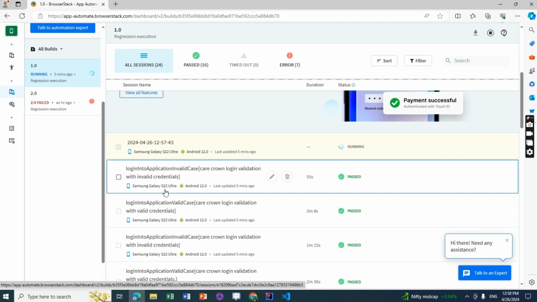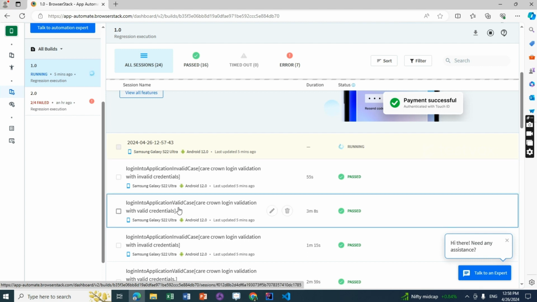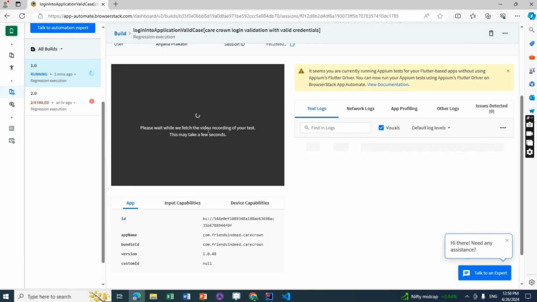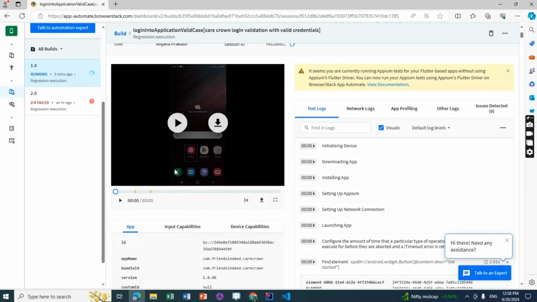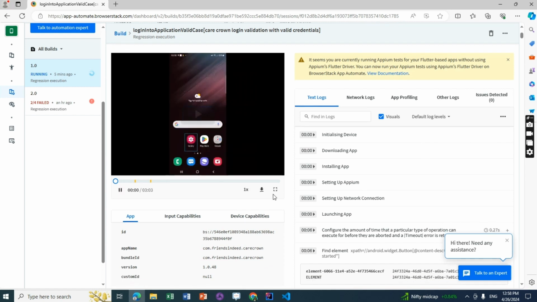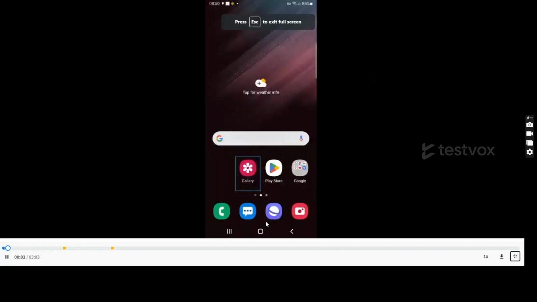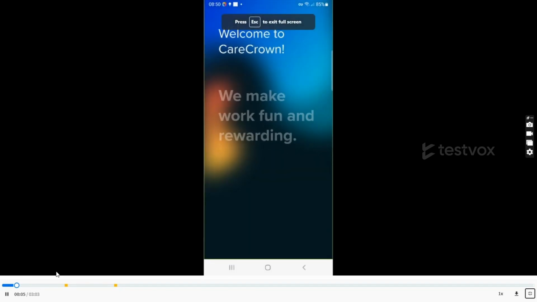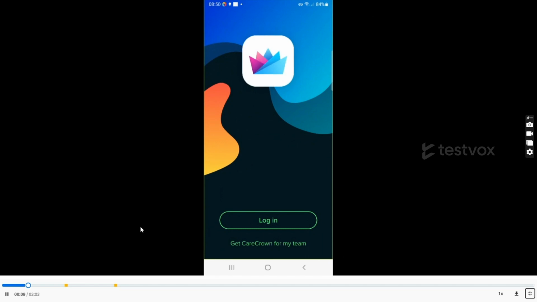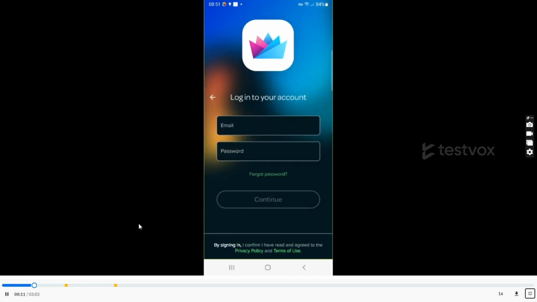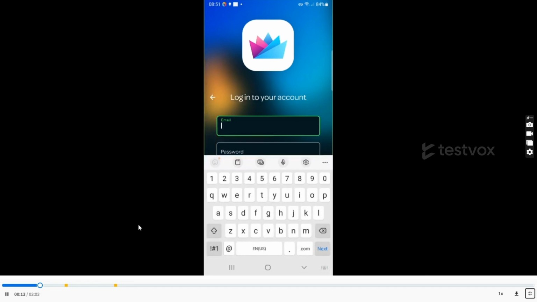If I open this login into application with a valid case, after the execution the video will be loaded here. I'll make it full screen. Once we play this, it will show the screen recording of all the steps which we have covered in the automation script, the login part,